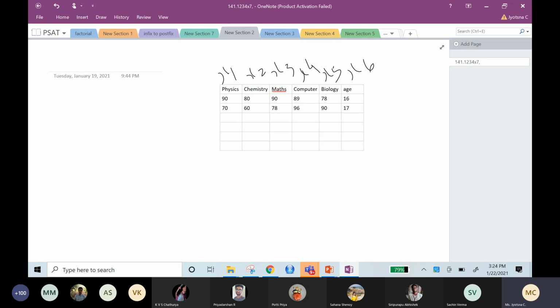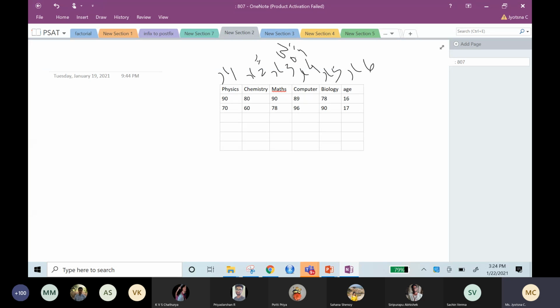Maybe for maths and computer, I need to give more weightage based on their marks. So for the third input I should give more weightage, a higher W value, maybe like 0.9. For x2, chemistry marks are not that important, or if it is important, I should give more weightage for that. So that input will get multiplied with the corresponding weight.